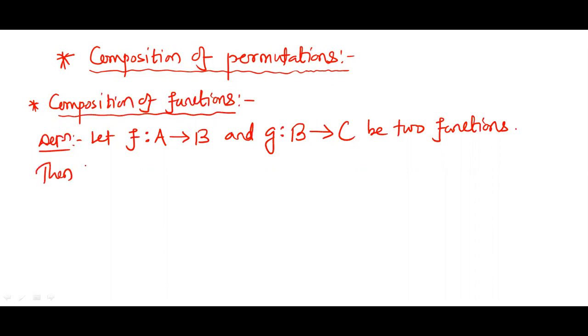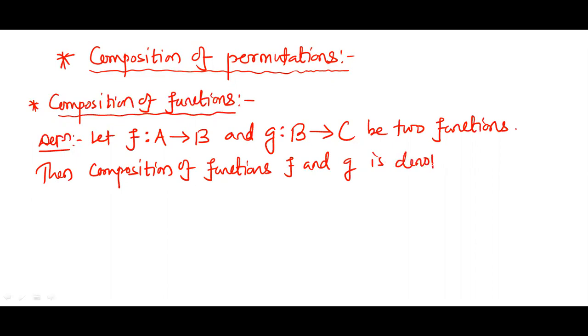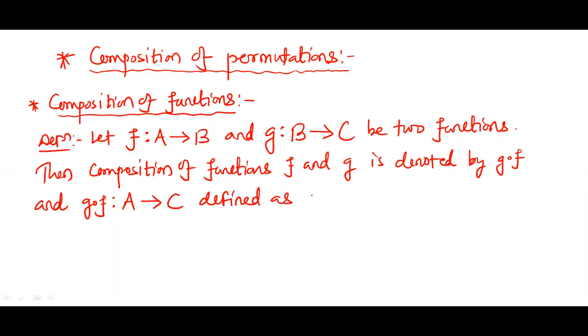Then the composition of functions f and g is denoted by the symbol g naught f, and g naught f is a function from A to C, defined as g naught f of x is equal to g of f of x. So for example,